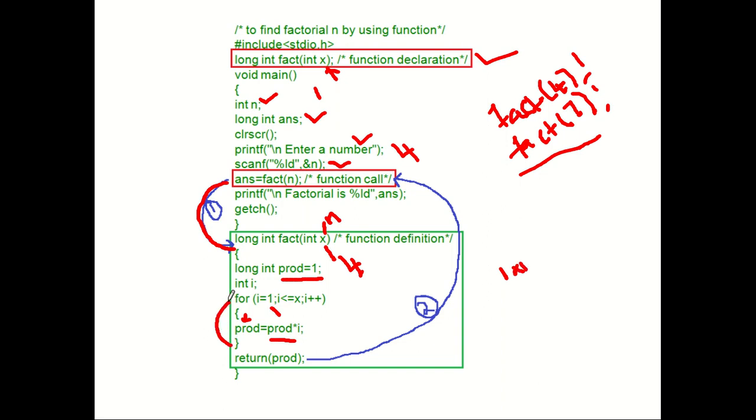Again the control will go back to this for loop. I value is what here? 2. So 2 is less than 4. Yes, the condition is true. So prod into i means what here? Previous value of prod is 1. So it becomes 1 into 2. In next iteration it will be 3. In next iteration it will be 4, right? So like this the factorial of 4 will be calculated and the result will be stored in prod,